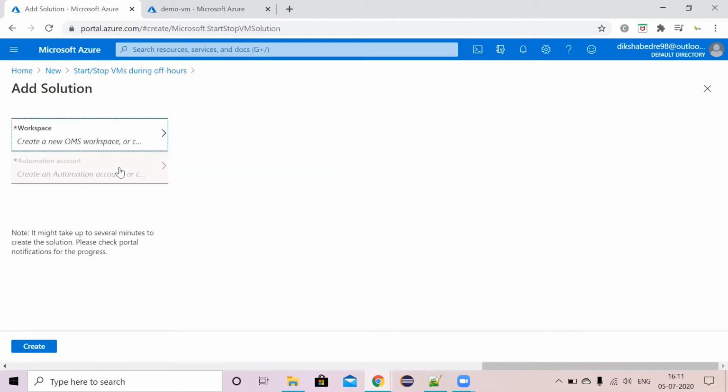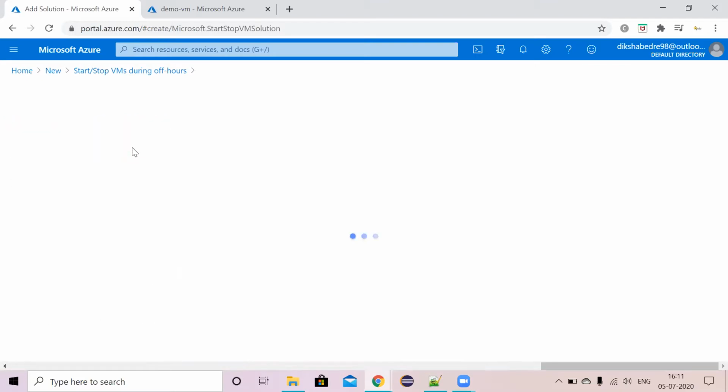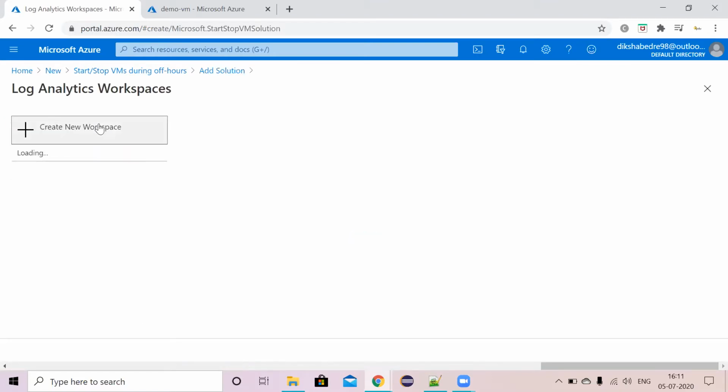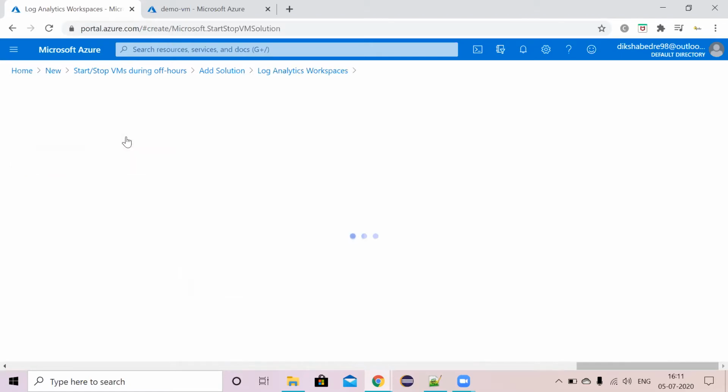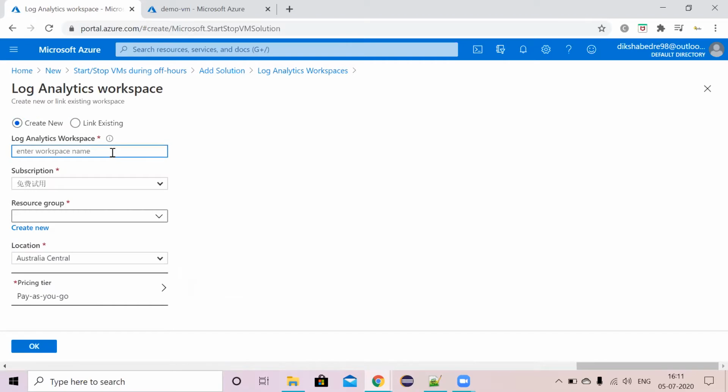So we have to create this, and then go to the workspace. We have to select Create new workspace, or we can select the default workspace. Here I'll create a new workspace, automation.